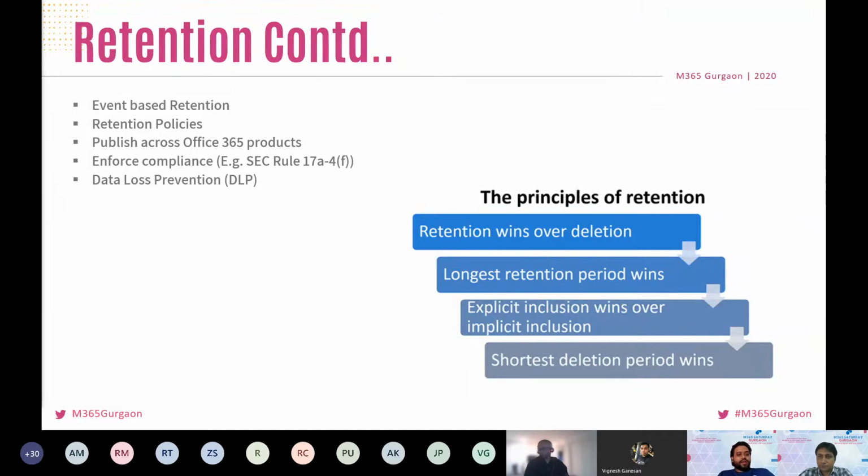So when a retention policy is locked, no one can turn it off. Locations can be added but not removed. Content subject to the policy can't be modified or deleted during the retention period. And we can extend the retention period, but we cannot decrease it. In summary, a locked retention policy can be increased or extended, but it can't be reduced or turned off.